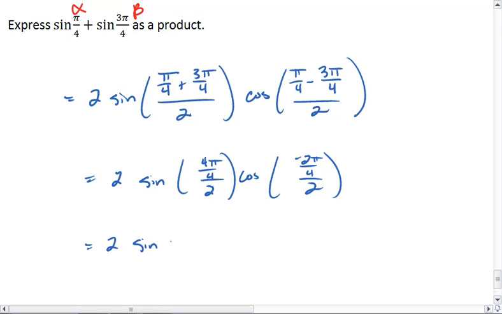I get sine of pi over 2 cosine of negative pi over 4 and then